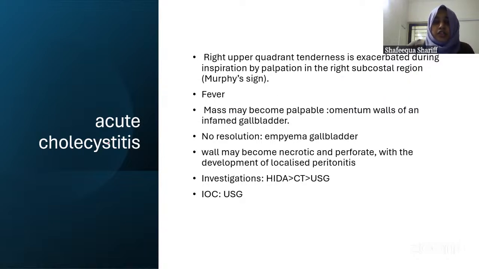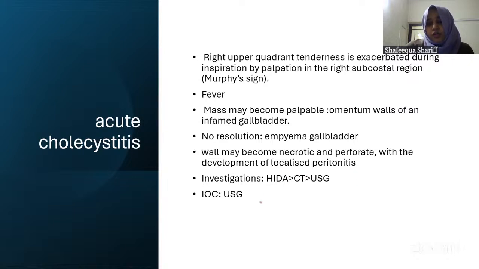So the patient has acute cholecystitis. There is an itis here, so obviously the patient is going to have a fever. If a mass is palpable, it may be because the gallbladder is inflamed and the omentum always comes in. Omentum comes as a friend there. So the mass may be palpable as the omentum walls off the inflamed gallbladder. If the cholecystitis is resolved with antibiotics, it is well and good. If not, it may form into an empyema gallbladder. With this empyema, when there's an abscess, the walls may become necrotic and perforate, and they may develop localized